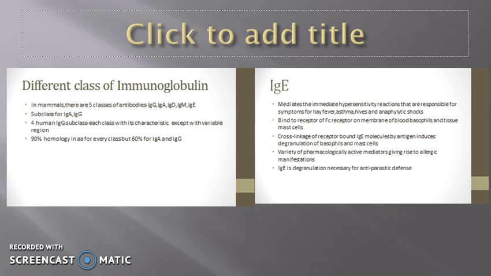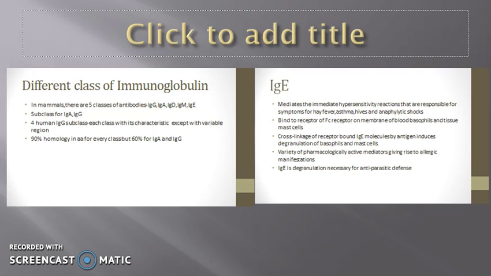Then there are subclasses for IgA and IgG. 4 human IgG subclasses are there, which have a characteristic feature, except with the variable region. And 90% homology is there in amino acids for every class, but it is just 60% for IgA and IgG. Now coming to the IgE, it mediates the immediate hypersensitivity reaction, which is responsible for hay fever, asthma, hives,